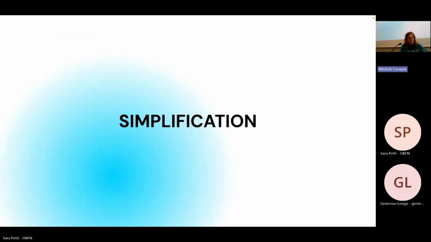So the first step was then to cut out a lot of the stuff that was there. It was very attractive to have an application that could do all those things, but things were a bit buggy. And also when you have to deal with people that don't have that kind of technical background, there's a lot of stuff that they don't really need. So we started cutting out a lot of the features that we had and tried to make the application as simple as possible for those users.